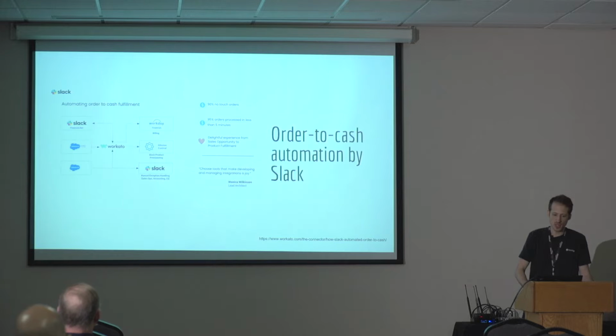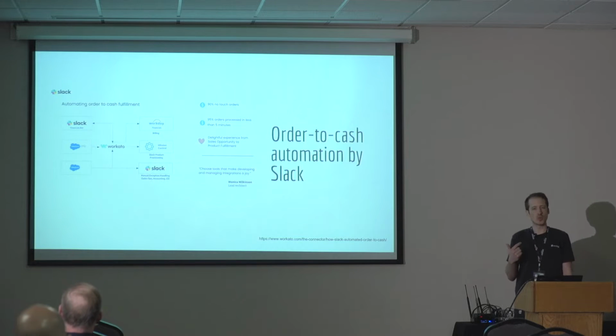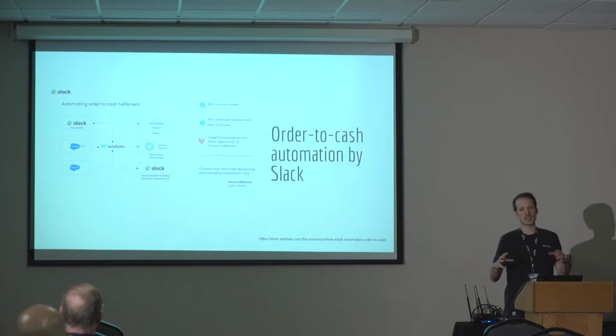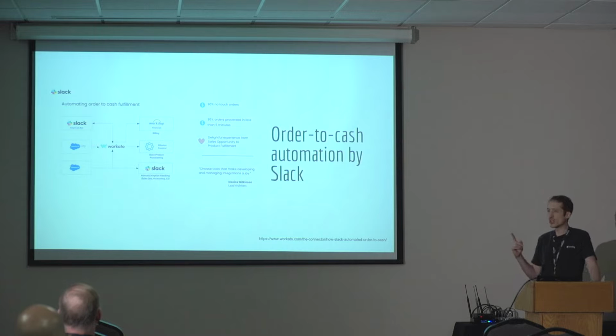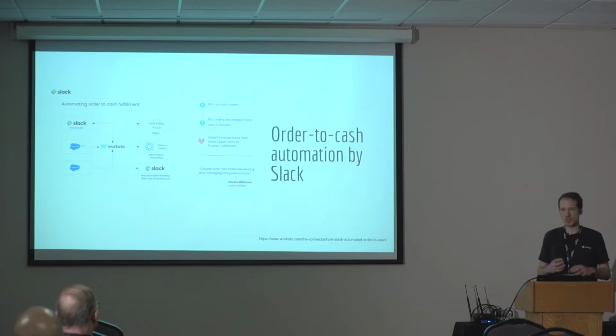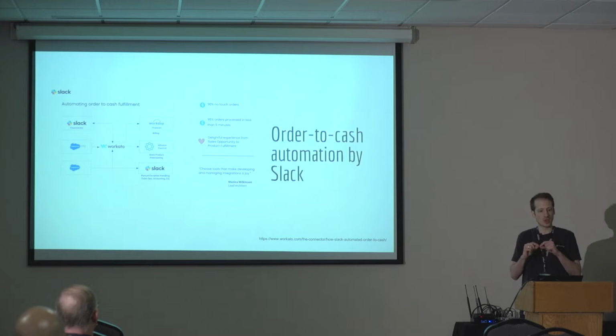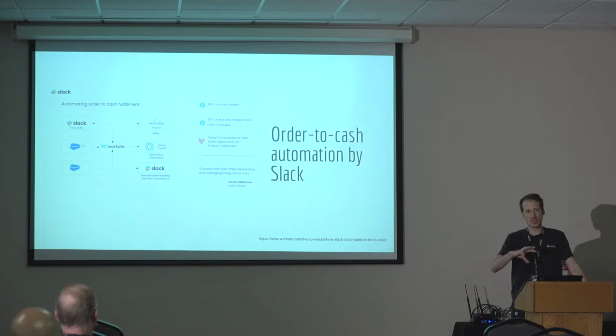Let's see another example. Slack, famously, is one of Workato's largest customers. Workato is an integration automation platform, and Slack has built their entire order-to-cash process through these drag-and-drop automations. And there are tens of these automations that facilitate this process. But of course, just imagine all of the different systems and data stores that need to be connected to in order to facilitate this kind of process. And of course, this is a business critical process.